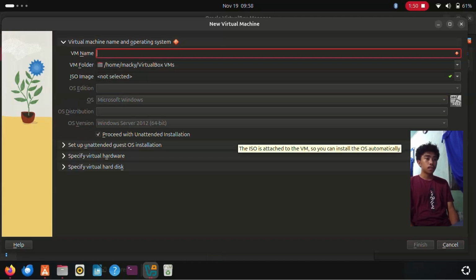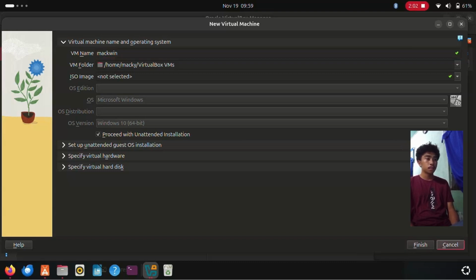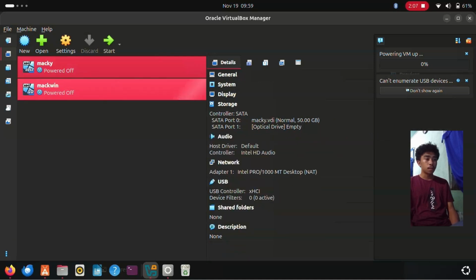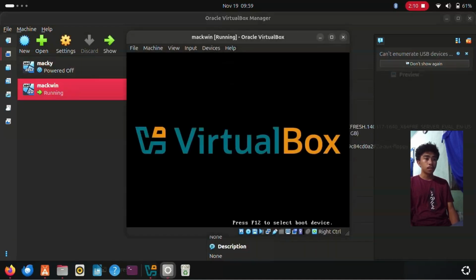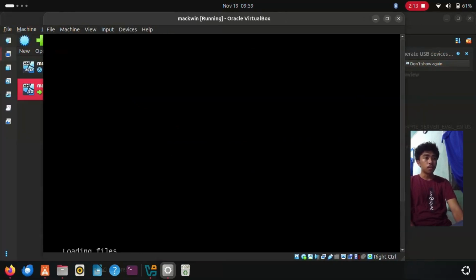And then after that you can fill the VM name, which is MacWin. And then you can click the finish button, and then you can now click the restart MacWin.